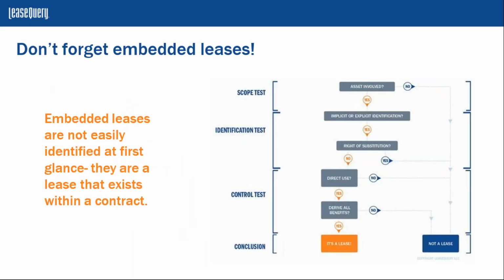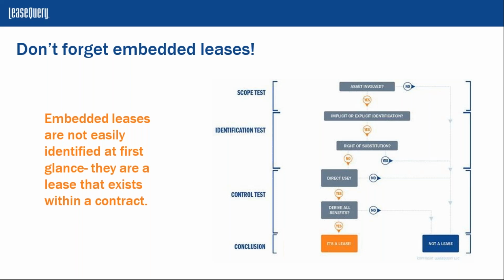And so with that embedded lease analysis, this is more so for determining whether you have a lease. This is not only designed to ensure that you accounted for leases appropriately under 840, but ensuring that you have a full lease population as you move in to 842 accounting. So you can see all of the steps on the right. You have to identify an implicit or explicit asset within the contract. You have to ensure that the vendor or landlord cannot actually substitute that asset for another one without your discretion. And then, do you have the ability to direct the use of that asset and derive substantially all of the